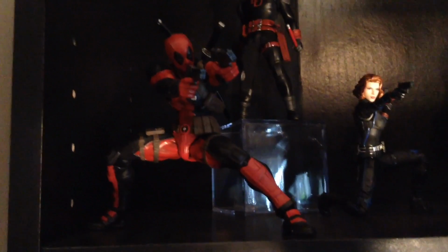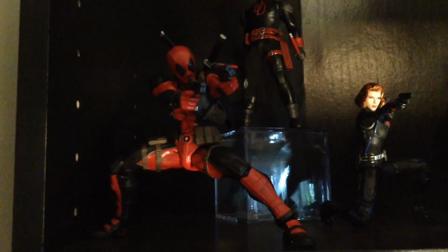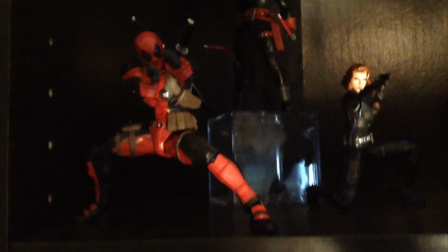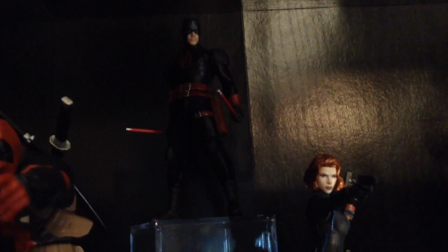Personally, I love it. I love the articulation with it. You can have so much fun posing this figure around. They did a very nice job with this Deadpool. So that's that. Then in the back here, we do have the Mezco 112 Collective Shadowland Daredevil, which is an